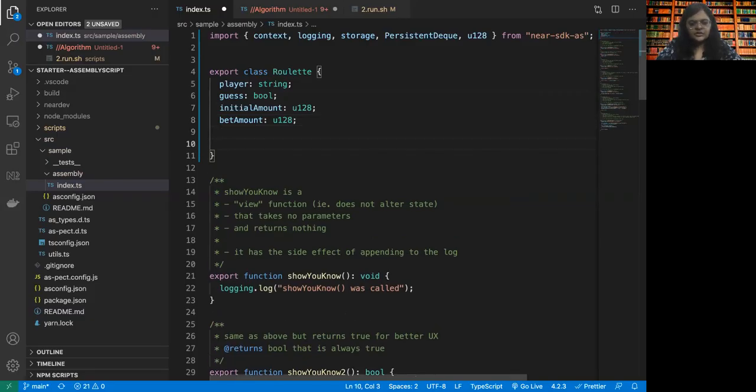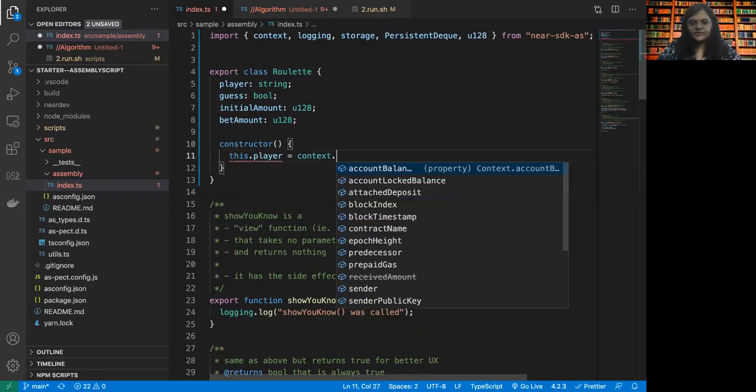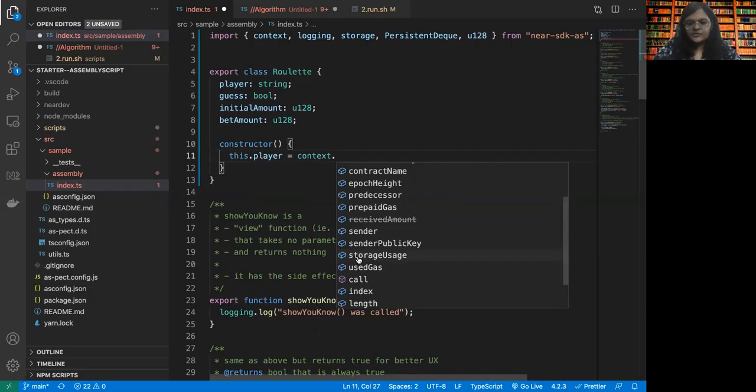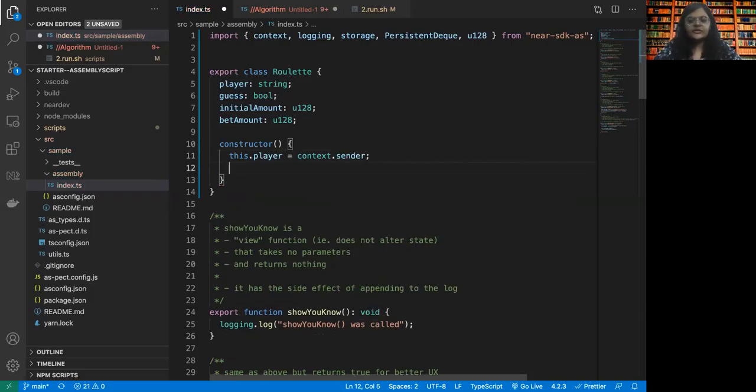So let us have a constructor where we are going to have this.player equal to context.sender. There is something called context which can have the account of the sender. This will store the player.